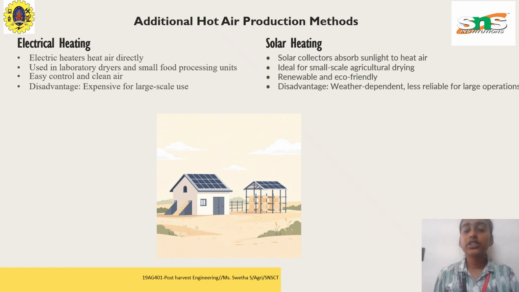In solar heating, solar collectors are used to absorb sunlight and it produces hot air. It is ideal for small scale agriculture drying, it is very portable, renewable and eco friendly. It has disadvantages: it is weather dependent, based on sunlight, and less reliable for large